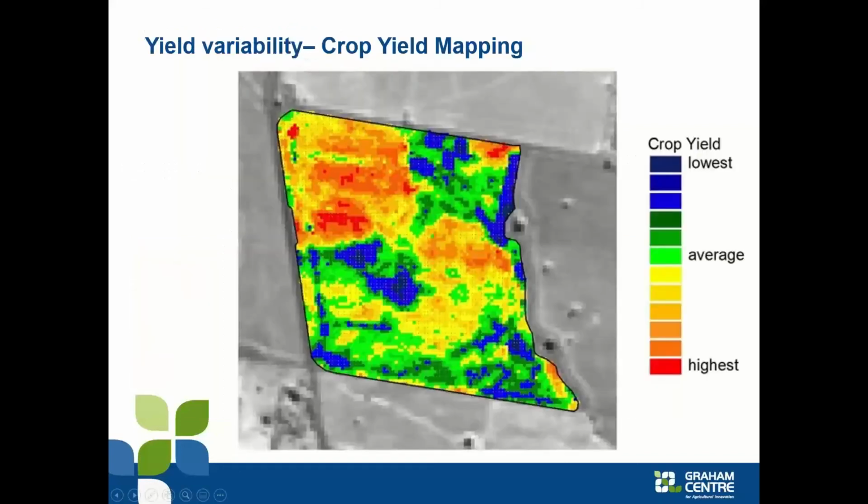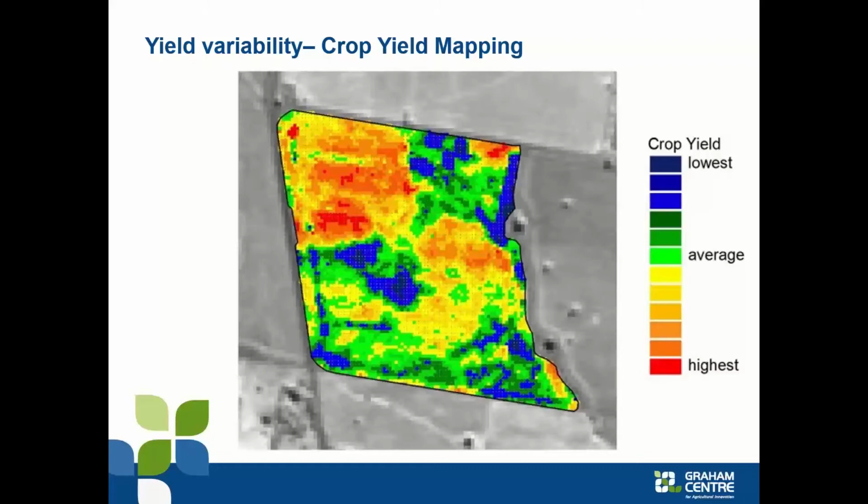And so we go back to how do we understand the landscape, and yield mapping really is an excellent way of doing that, because it's telling us, without favour, exactly how a paddock is performing. So it can tell us in an individual year where the low producing areas and the high producing areas are. But most farmers will tell you that the patterns aren't always consistent. They can flop from one year to the next.